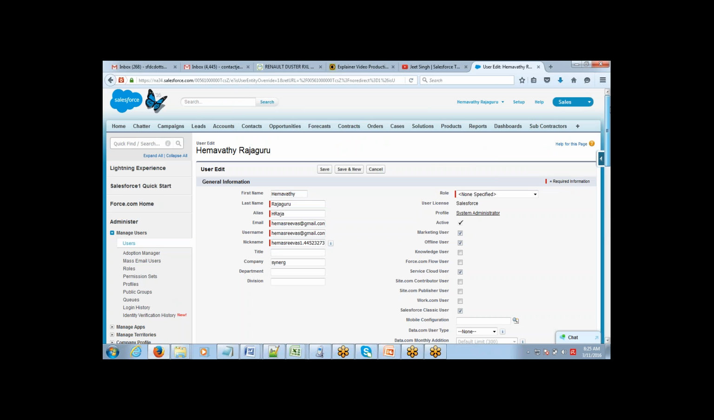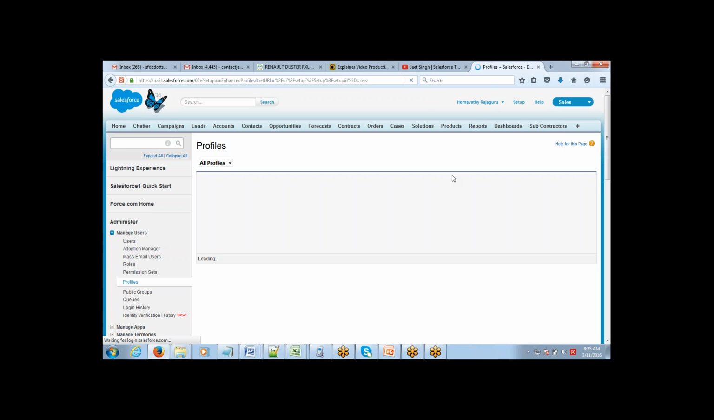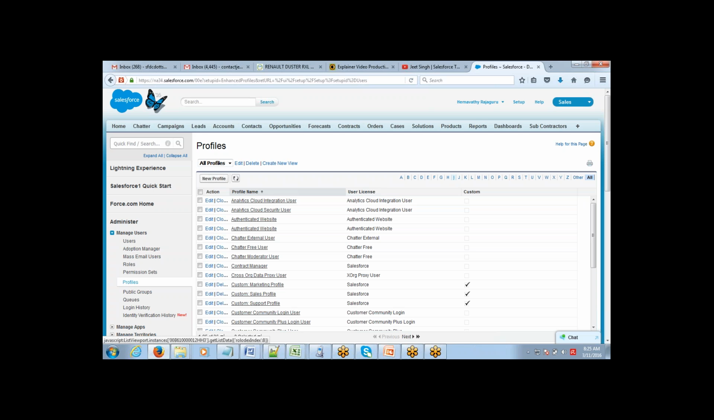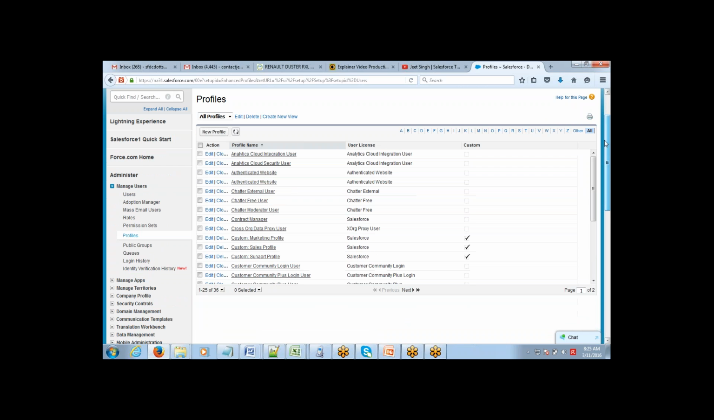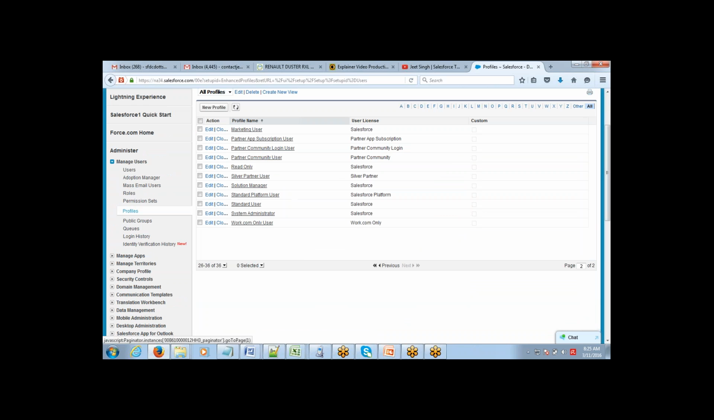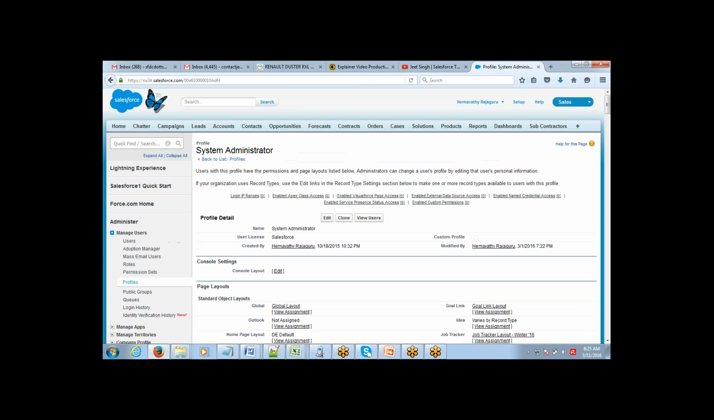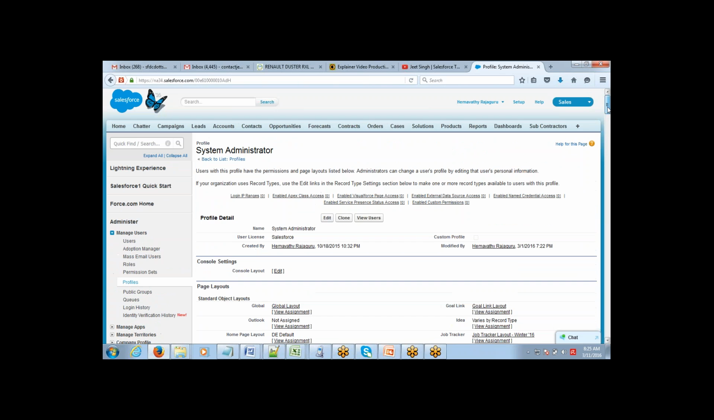Okay. So the current user profile is system administrator. Now, if I go to the system administrator profile, and if I click on edit at the top,